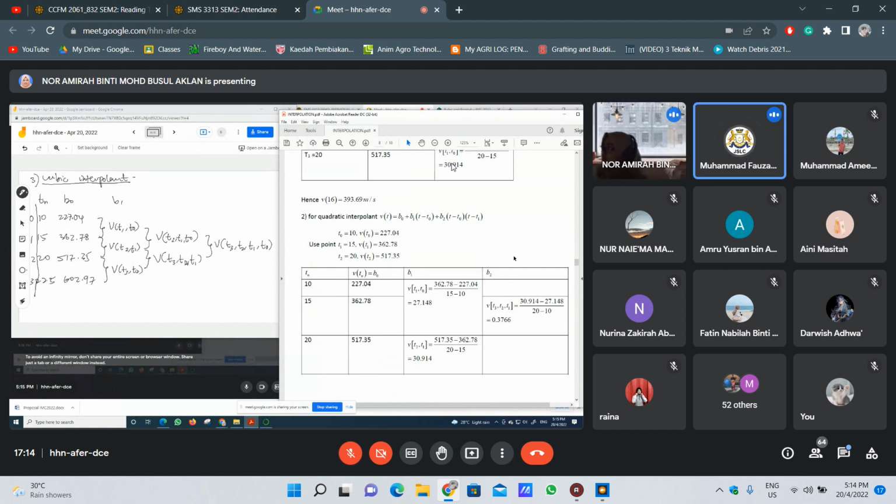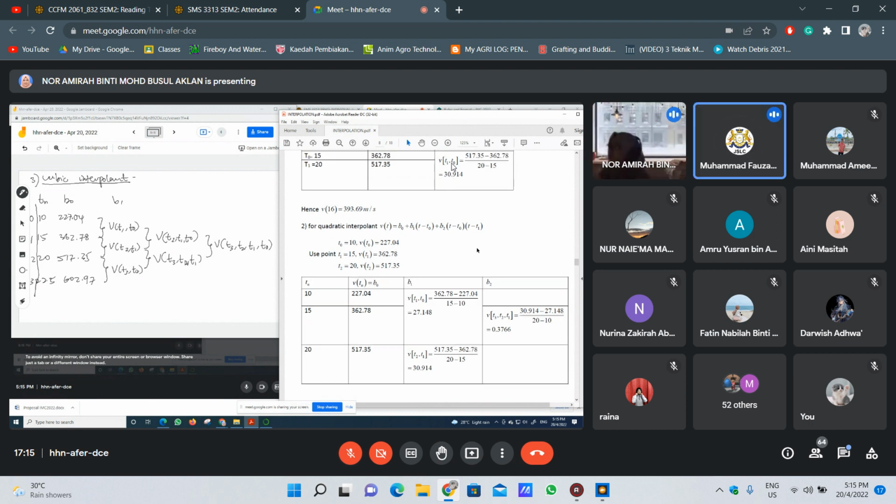Betul, saya nak tanya. Ya. On what occasion kita guna quadratic dengan cubic interpolant? Macam kita nak cari V16 kan? Linear pun dah boleh kan? Kalau linear dah dapat, quadratic dengan cubic untuk apa pula? Apa eksklusif quadratic dengan cubic? Oh, okay, maksudnya